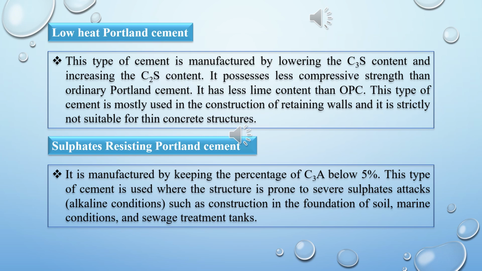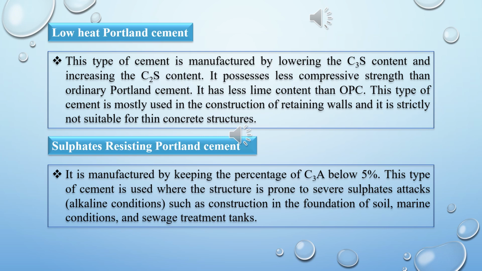Now the next one is sulfate resisting Portland cement. It is manufactured by keeping the percentage of C3A below 5%. Now, C3A is the tricalcium aluminate content. If you keep the tricalcium aluminate content less than 5%, then you will get sulfate resisting Portland cement. This type of cement is used where the structure is prone to severe sulfate attacks, such as construction in the foundation of soil, marine conditions, and